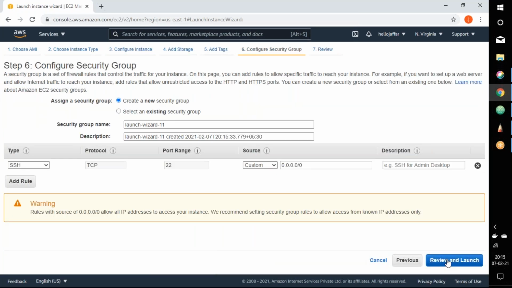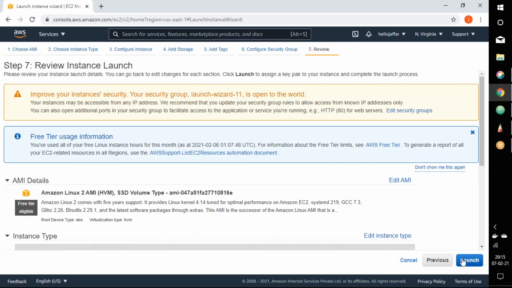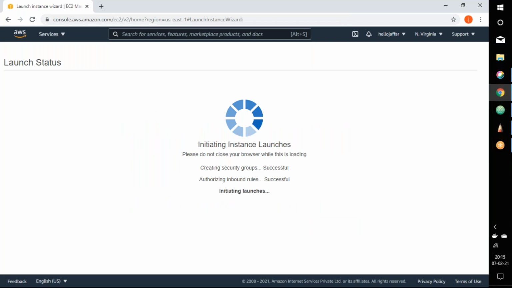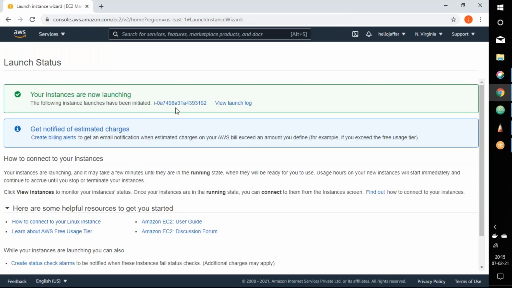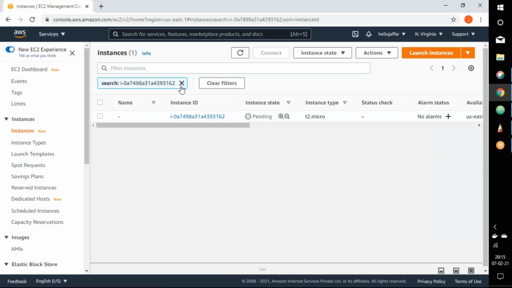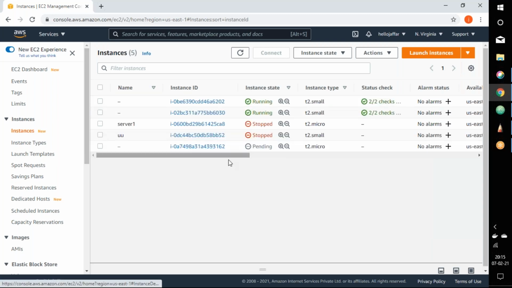For the security group, we are allowing port 22. The key pair is GG, that's the name of the key pair. Let's launch this server. Okay, we have launched the instance, and it has an instance ID. This is the resource which we have launched.